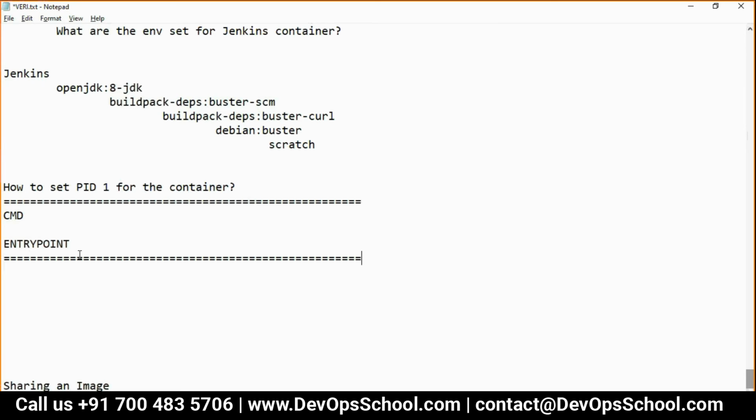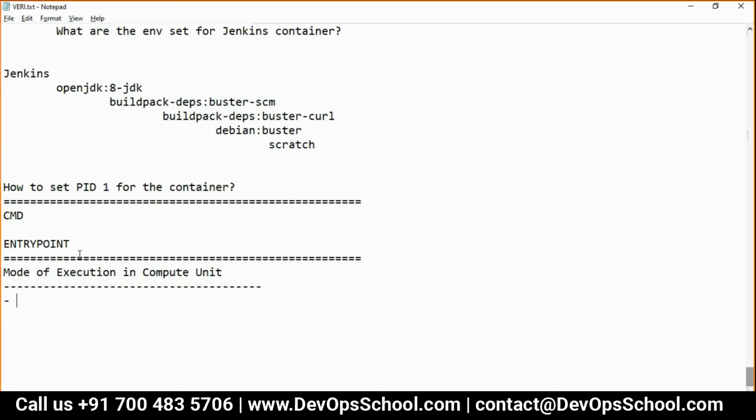So guys, before talking about the differences between CMD and ENTRYPOINT, I would like to tell you about the modes of execution in a container. When I say mode of execution, that means there are two modes.